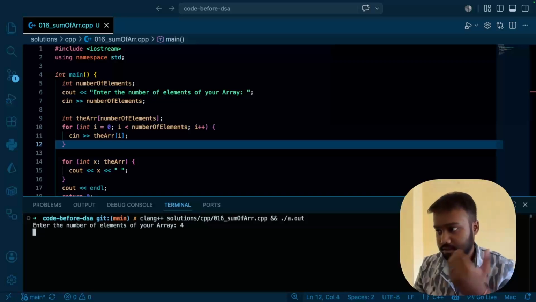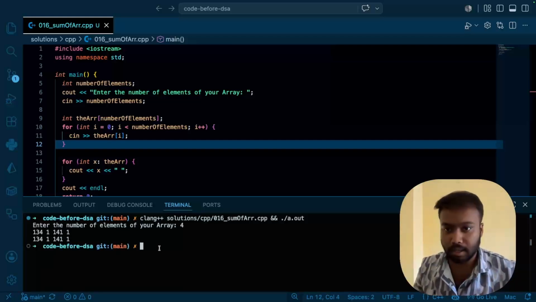Okay, and then it's stuck, so it's asking me the input. So say this is the input, and that is this, and as I hit enter you can clearly see